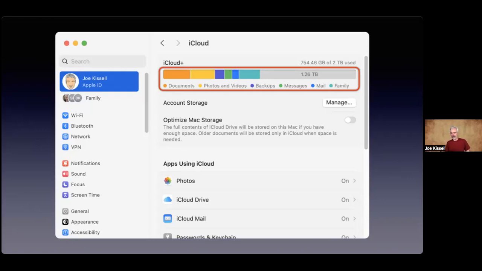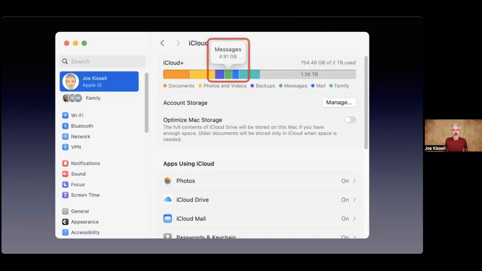Now, there's helpful little color coding. Documents are orange and photos and videos are yellow and so forth. But if you want a little bit more specificity of, I want to know how much I'm storing in terms of backups or messages or whatever, you just hover over one of those little colored bars with your mouse and say, oh, I'm storing 5 gigabytes of stuff from messages.